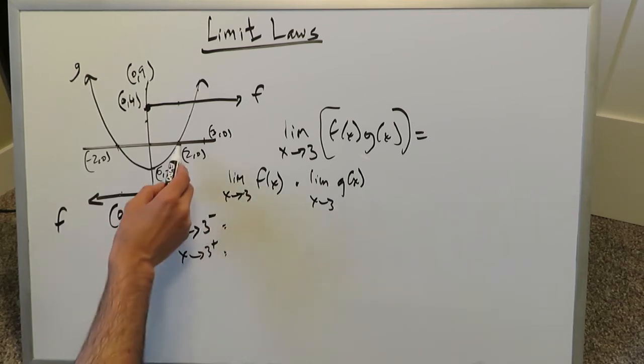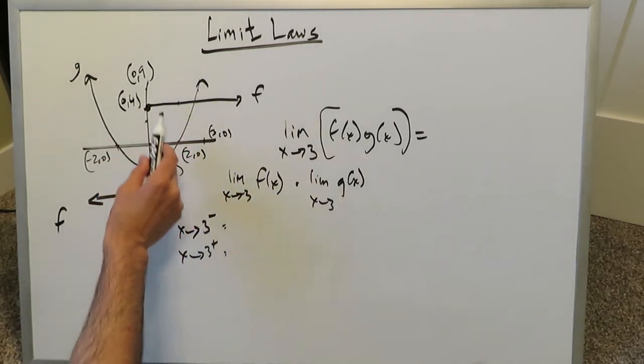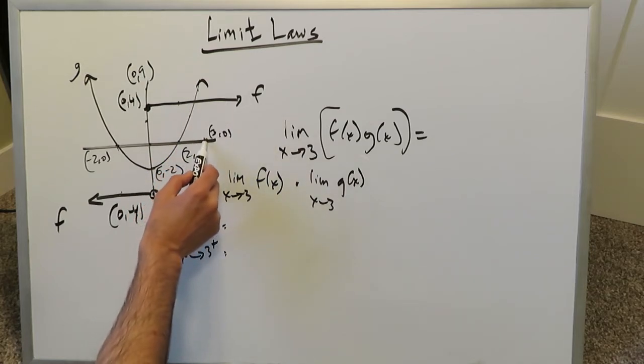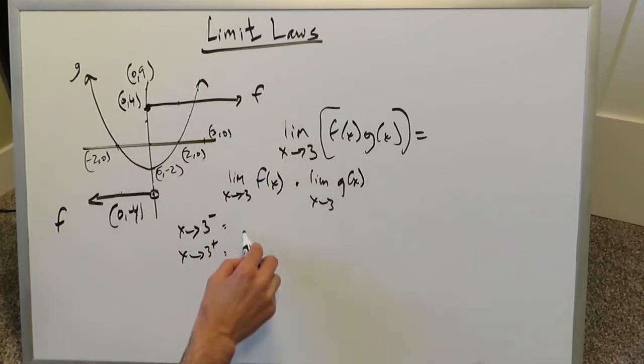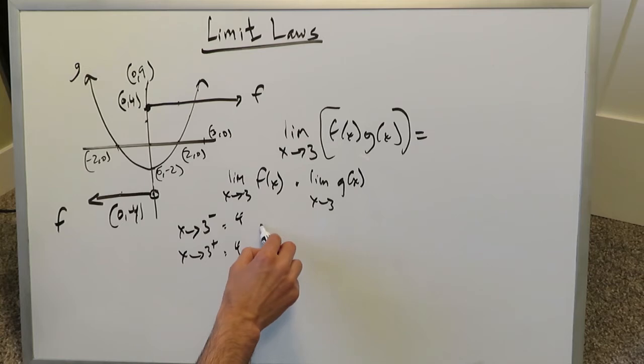Let's look at that for f of x. F of x is this horizontal line. At all instances, it's a horizontal line. Looking here at 3, you're still getting a 4 in either direction, so the limit here equals 4 for